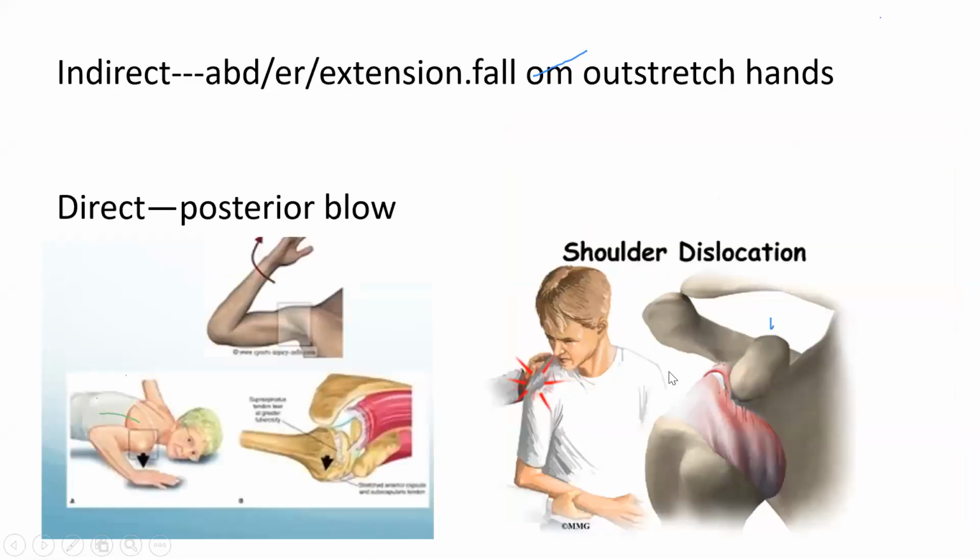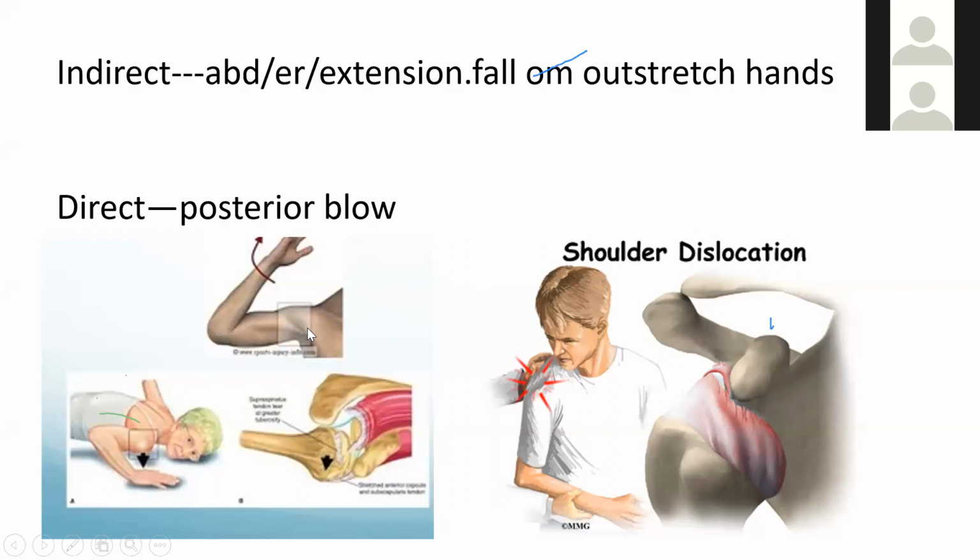What is the most common mechanism of injury? As I already told you, the most common type of injury is an outstretched hand. Every time you fall, you outstretch your hand to resist the fall. This is a human tendency, a reflex. So first, it is a fall on an outstretched hand.